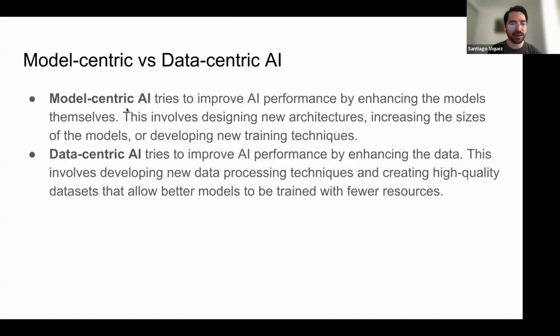What commonly happens is that a lab finds a very nice, state-of-the-art architecture that performs really well, and then other labs start creating high-quality datasets and even get better results than the original lab's model. Of course, this chapter is focused on the data-centric way.